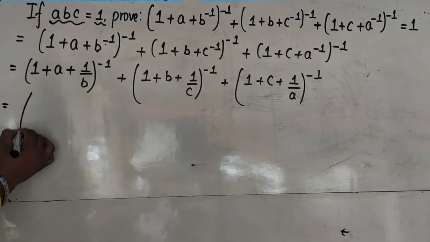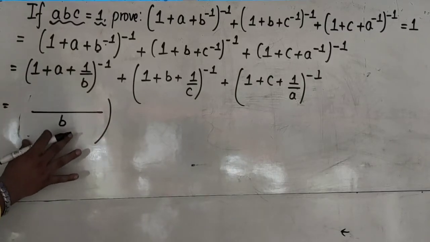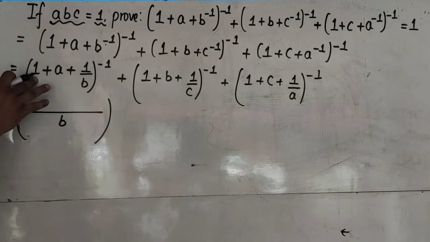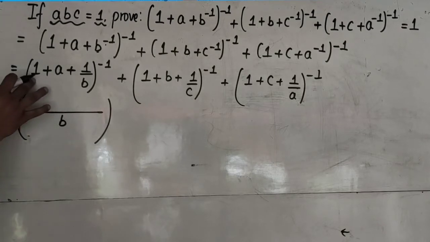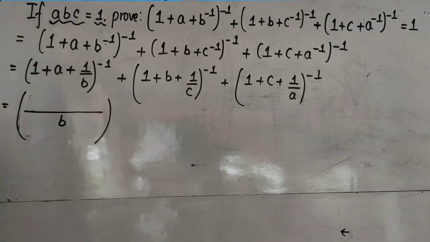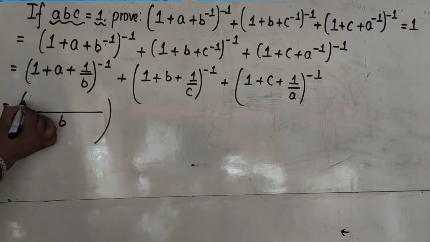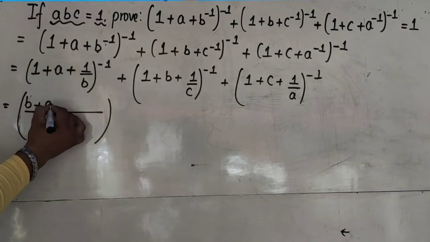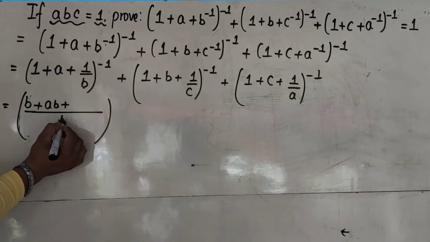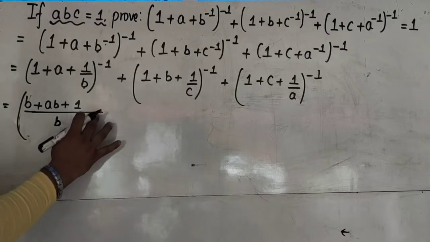Now we'll take LCM here. When you take LCM, the LCM comes to be B. Here you don't see the denominator, so the denominator is 1. When the denominator is 1 and we are simplifying by taking an LCM, we multiply the LCM with the numerator. So B times 1 is B. B into A gives us AB. The denominator is the same, so the numerator will also be the same. Okay, this is what we get.